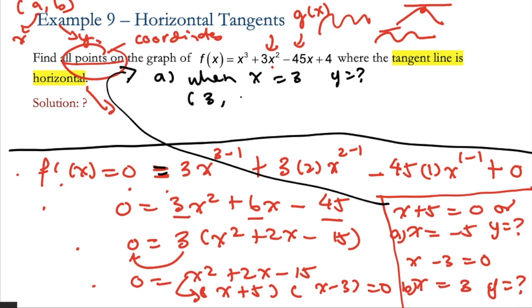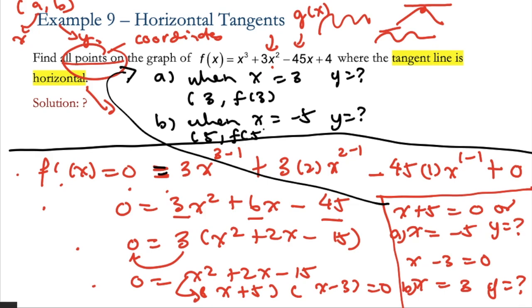So you have 3 and then f(3), isn't it? When B, when x is equivalent to minus 5, y is equivalent to 1. So basically we need to find minus 5 and then f(-5), isn't it? So if you substitute it back into the original function, which is this one, x equivalent to 3, then you try it at home, yeah, and then you check whether you get the same answer or not. So then the first coordinate you're going to get is minus 5, 179 for A, and then this one, if